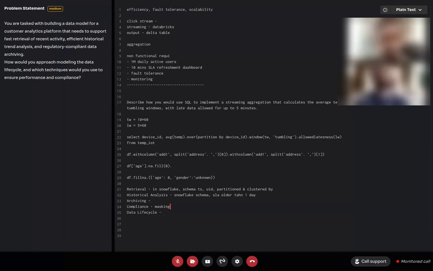How will you mask it? Basically, masking has different techniques in Snowflake, but masking would be either replacing them with a similar value or random value depending on the use case, or doing a SHA 256 masking.